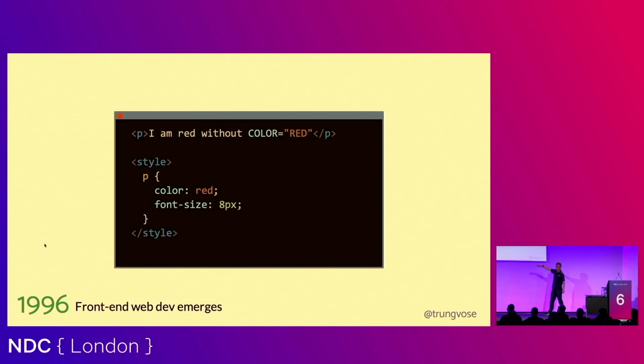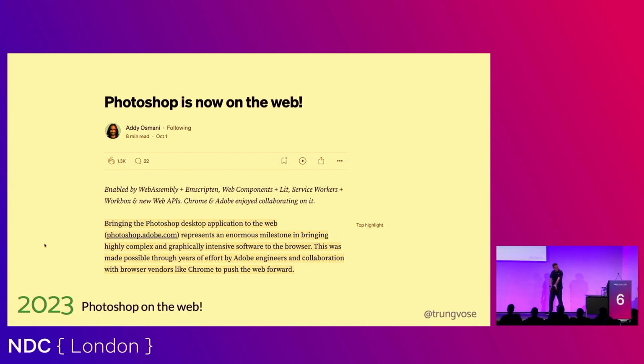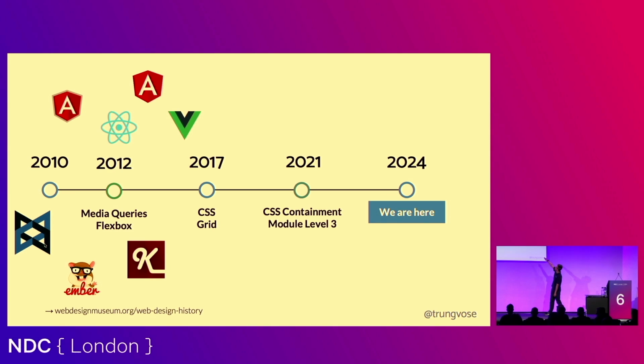Gradually, you can use CSS. CSS was mind-blowing. You can reuse stuff. And 2023, last year, we have even Photoshop on the web. I was like, that was impressive. So we went a long way. We are here in 2024. All of this we left behind, but